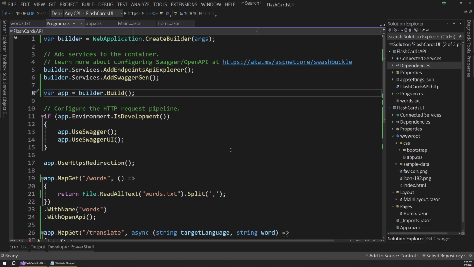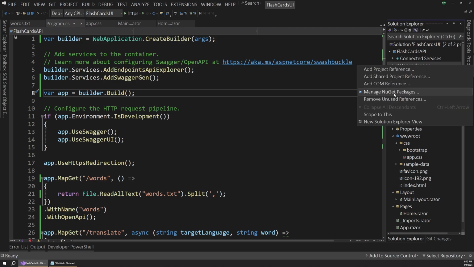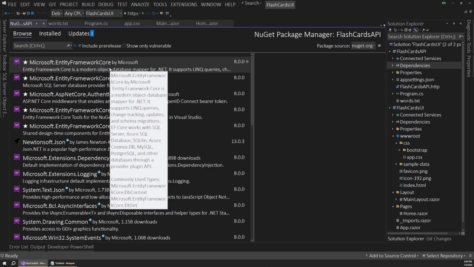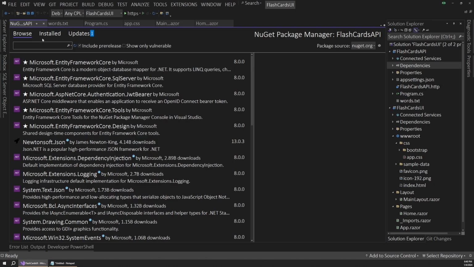All right, so back in our app, let's start to wire this up to use that Azure Translate service that we just created. And the way we're going to do that is using the Azure SDK, which is exposed through some NuGet packages. So first, let's go over to our dependencies in our Solution Explorer and right-click and say Manage NuGet Packages. And this allows us to bring in little containers of functionality that include different C# classes and services